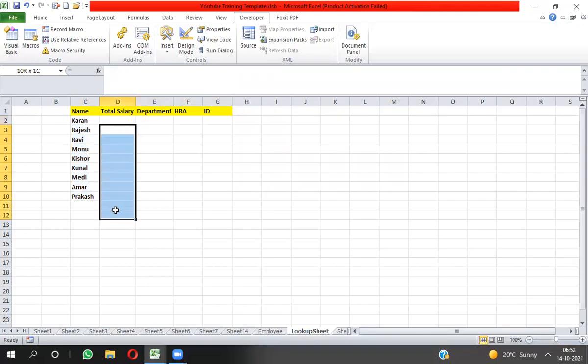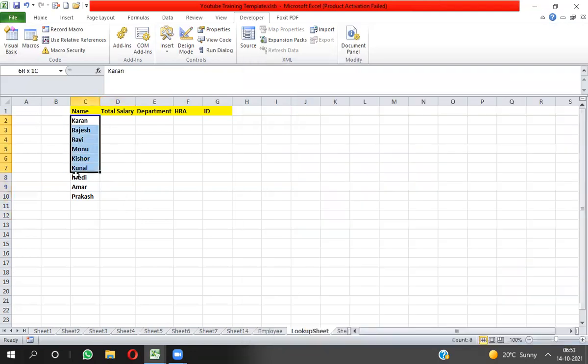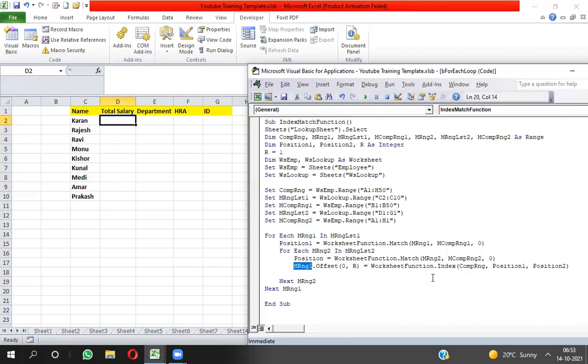So I'm setting R value as 1, R equal to 1. First cell value will be this one. From RNG1, RNG1 is this. From this cell reference it will move right, so here I will take right.